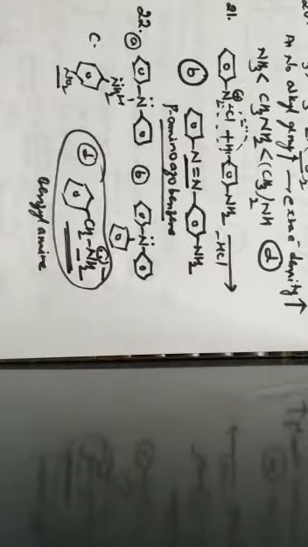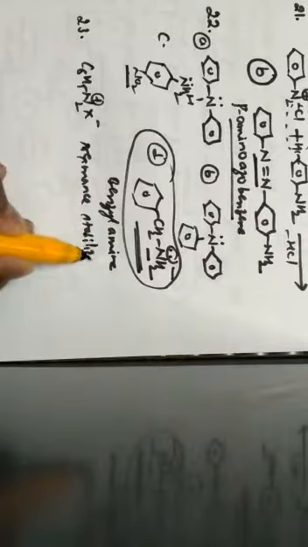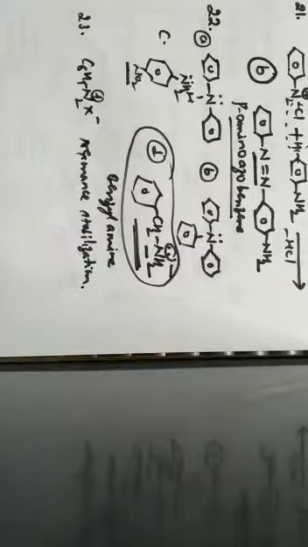Next one, question number 23. Which of the following will be the most stable diazonium salt? So, we know that the stable diazonium salt is C6H5N2+ X-. This is the more stable diazonium salt because of its resonance stabilization. So, since it undergoes resonance stabilization, out of the given salts, C6H5N2+ X- is the most stable diazonium salt, which is given by the option B.